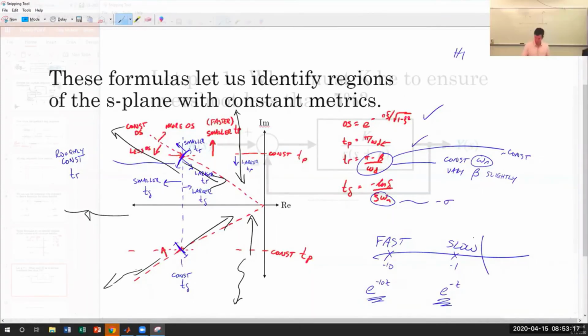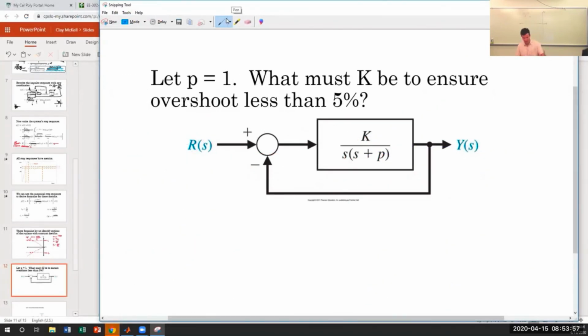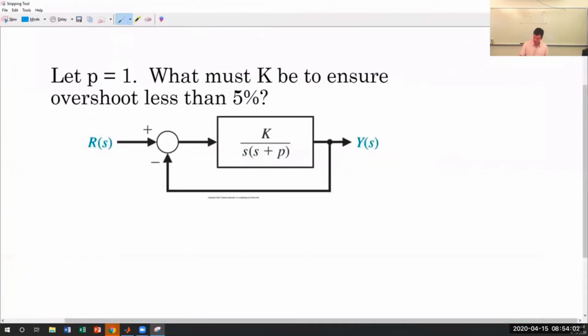Thank you. Yep. So, hey, here we go, an honest to goodness example problem. So we're told that the open loop pole location is at -1, and the question is solve for k to ensure that overshoot is small enough. So this is a great first problem, because if you hadn't been in class for the past week and a half, I think this would be really hard. But since you have been in class for the last week and a half, you know that